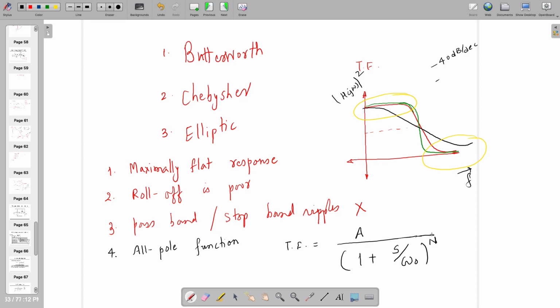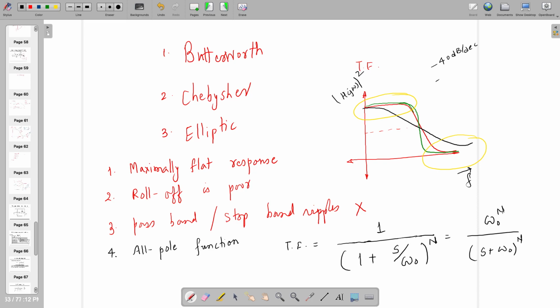Right? In this case, actually, A will be 1. But if you are writing in terms of s plus omega 0 raised to n, then this will be omega 0 raised to n. Right? Similar transfer function,